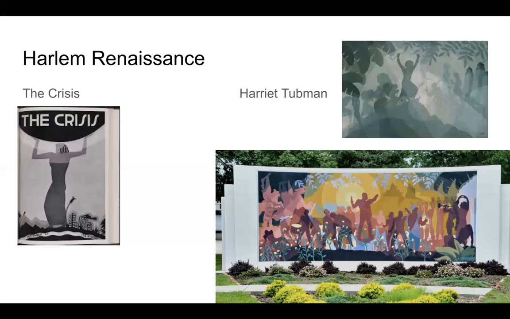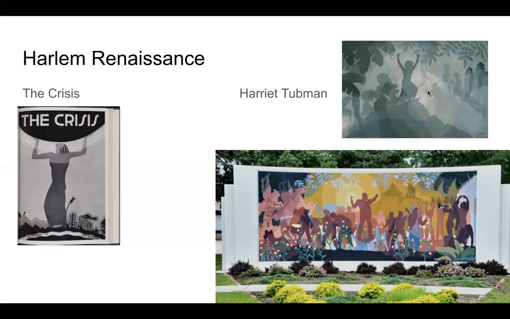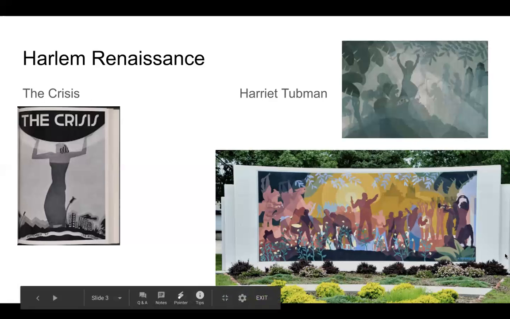Something else that you can also see from his work is that he often used concentric circles to kind of influence where the viewer might be looking. So if you look up here with Harriet Tubman, it is more here and kind of ranges out, versus with this lower mural, these concentric circles are used with more light sources, like you can see here and right here, that really draws the eye.